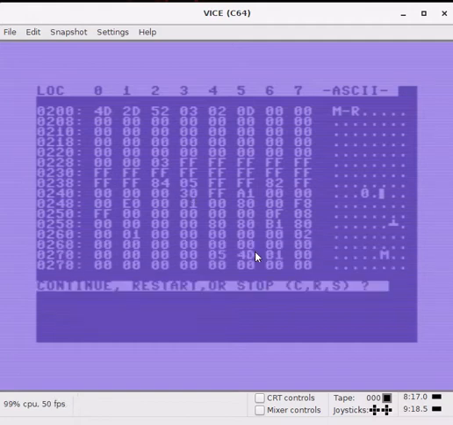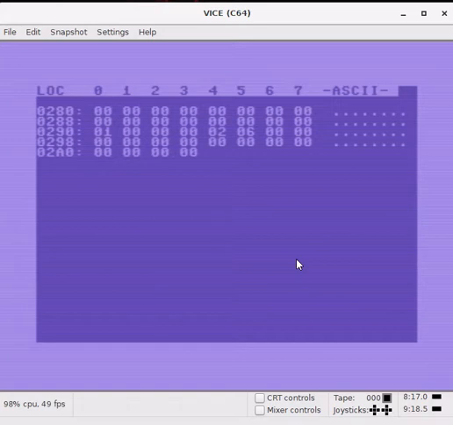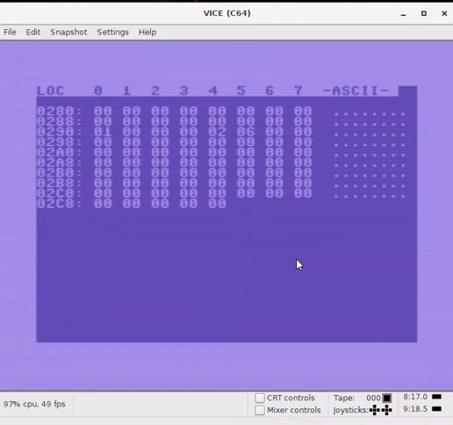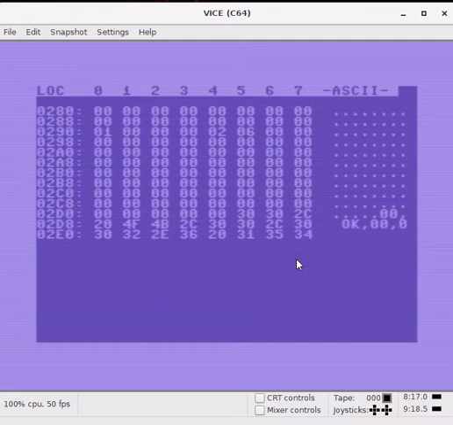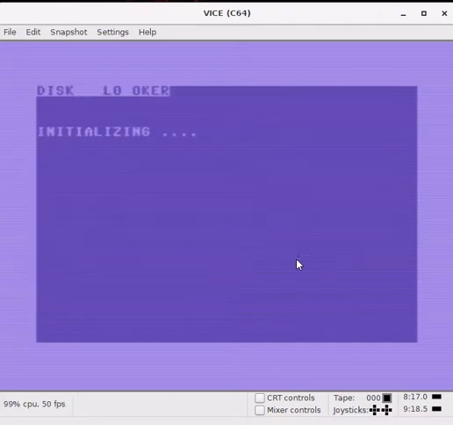So this is basically how this one right here works. I don't believe you can actually write back. It's just a disk examiner. That's what it's called, disk examiner. And I've started from the beginning. I could have probably started anywhere. See if I can go farther into the disk.